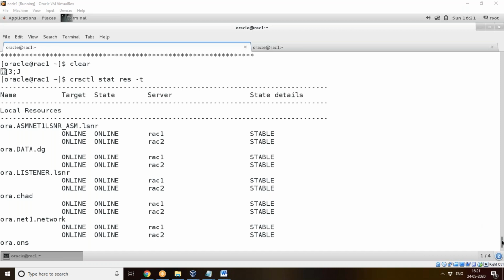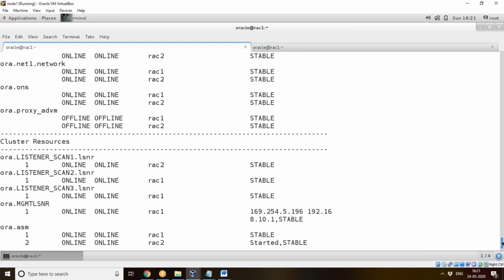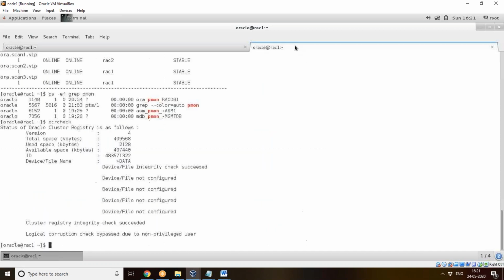Then proxy_advm; these we are not using as of now. Next, ora.LISTENER_SCAN1.lsnr is up on rac2, then SCAN2 listener is up on rac1, and SCAN3 is up on rac1. These are the three SCAN names we gave, rac-scan.